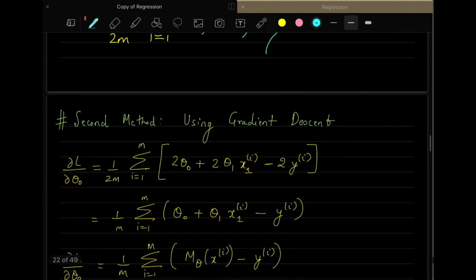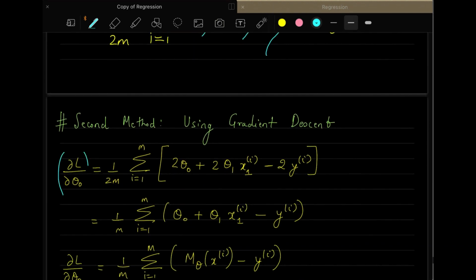Now we take the derivative of the loss with respect to theta 0, and we have already seen that. If you go to our earlier slides or earlier lecture, we have already done this derivative of the loss with respect to theta 0. As you know, we used 2 here in the denominator. The use of this 2 was just to cancel out the 2 that comes out at this point. That was the main job of using 2 here. It was just for mathematical simplicity and nothing more than that.